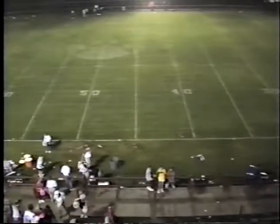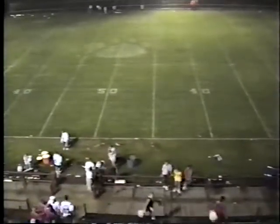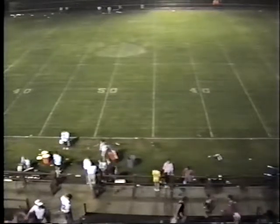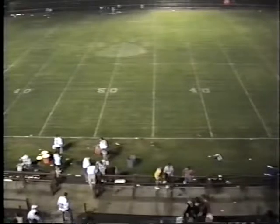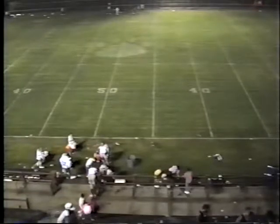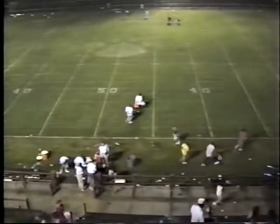But what about next week? What do you look for next week? Well, it'll be hard to say how that will come out. Benton needs to regroup, and they'll have a tough task ahead of them. I don't know much about Arkadelphia this year. We'll see how they did. They were playing another 4A team tonight, and we'll see how they fared against another 4A South team. I think they were playing El Dorado tonight, and El Dorado and Benton were 2 of the teams that were supposed to